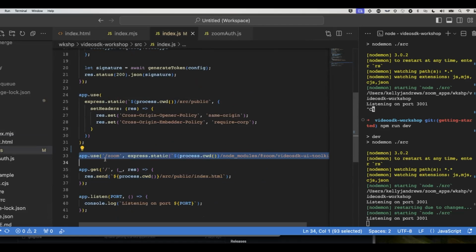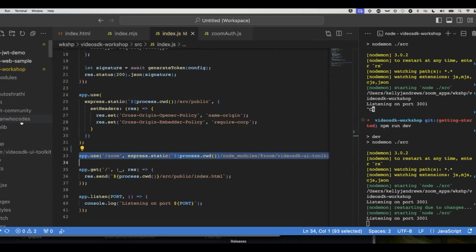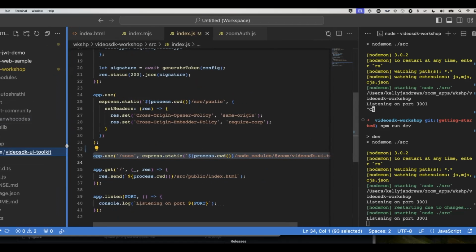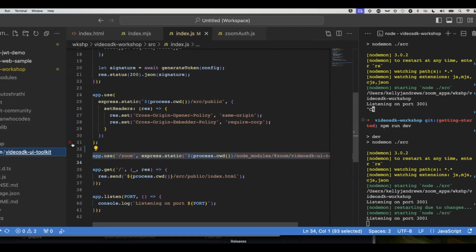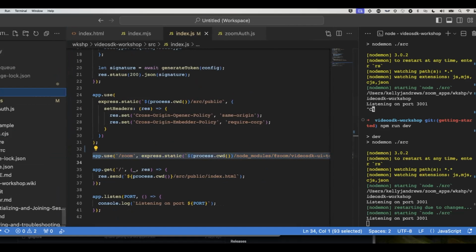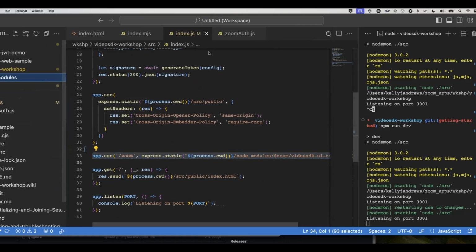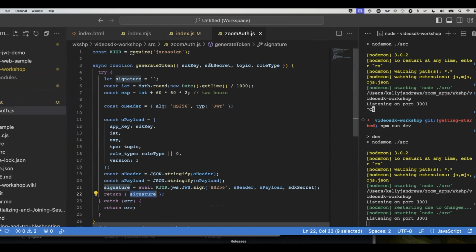So /Zoom points to this folder, wherever it went. I lost it. It points to this folder in the back end on my server, and serves it up statically to /Zoom on the front end, which is really great. Yeah, really cool. Something I wish I'd been able to know a long time ago. That is really neat. Okay, so